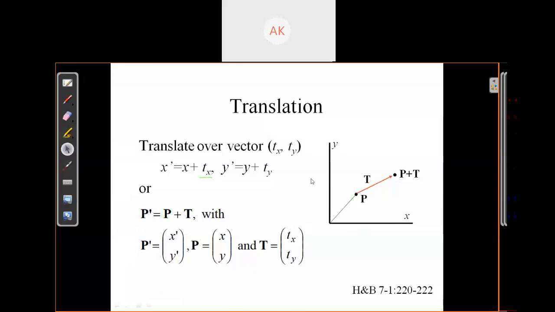When we do any kind of translation, it happens in a straight line. Here, as you can see, we translated our object from this point to this point in a straight line. In this graph, we have translated a point from one position to another position. Suppose we want to translate a polygon, suppose this is our polygon, from this position to this position. It will again happen in a straight line.